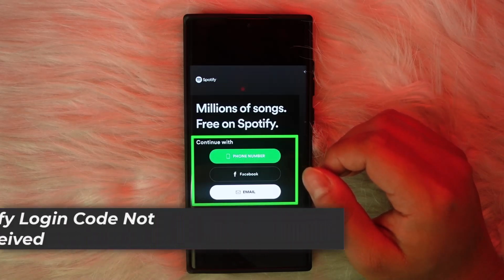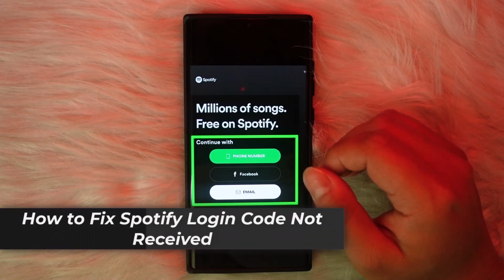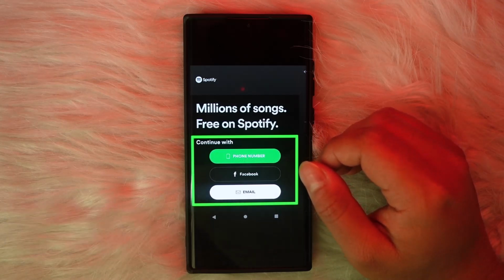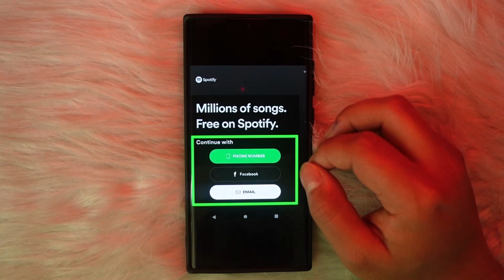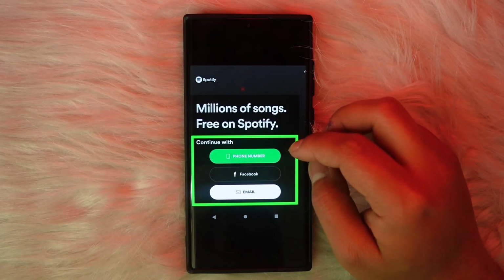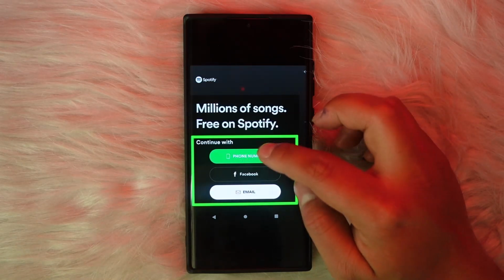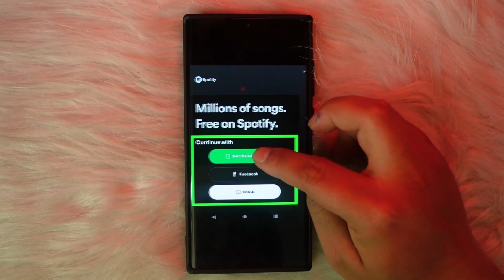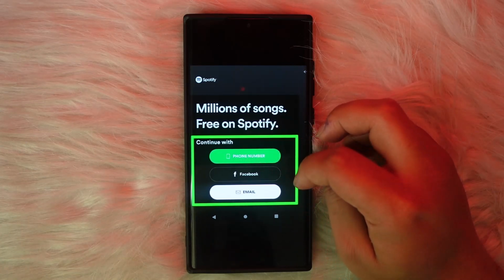In today's video, let's quickly take a look at the way that you fix the Spotify login code not received. If you're trying to log into your Spotify account, there are basically two ways that you can do it: through your email address or your phone number. If you've not used your Facebook or Google account, you can try receiving the code on one of these platforms. So for example, if you've been trying your phone number, you can try switching it up and use the